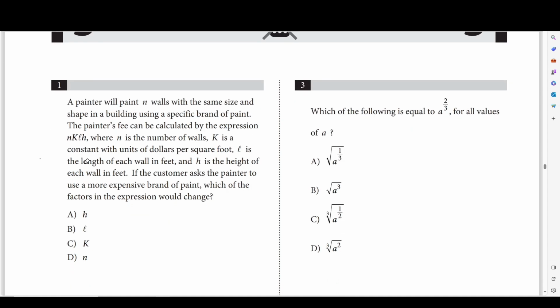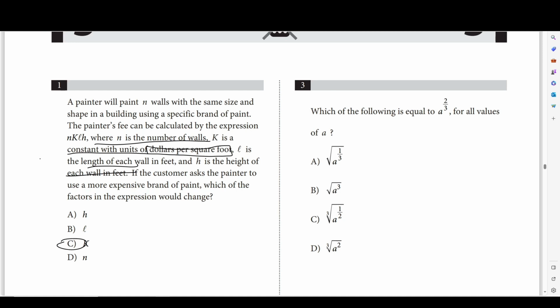We're going to be starting off with question number 1, which asks us, a painter will paint n walls with the same size and shape in a building using a specific brand of paint. The painter's fee can be calculated by the expression n times k times l times h, where n is the number of walls, key detail, k is a constant with units of dollars per square foot, L is the length of each wall, and H is the height of each wall. If the customer asks the painter to use a more expensive brand of paint, which of the factors in the expression would change? Well, the answer off the bat is going to be K, because K is the only unit